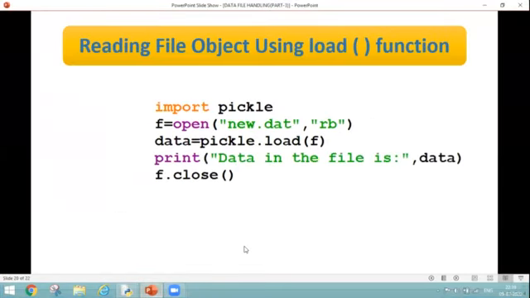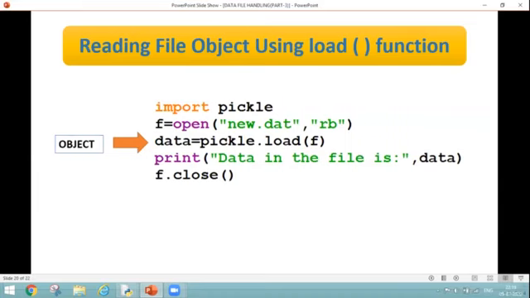Next is reading file object using load function, which we have already done. Let's recapitulate it. We have imported the pickle module and we have opened our file with reading mode. So data is equal to pickle.load. And in my load function, I have passed my file handle as a parameter.